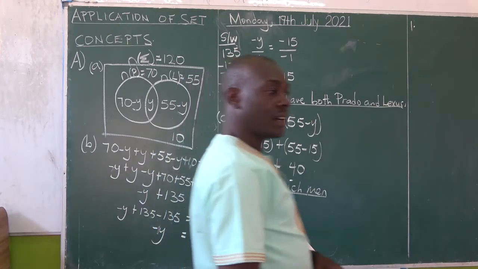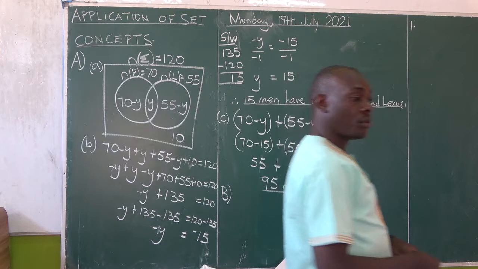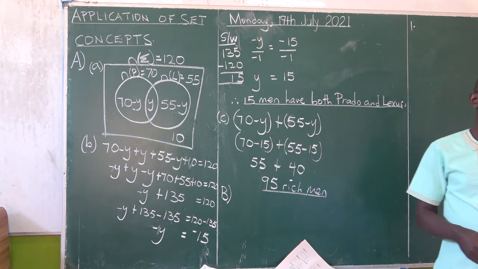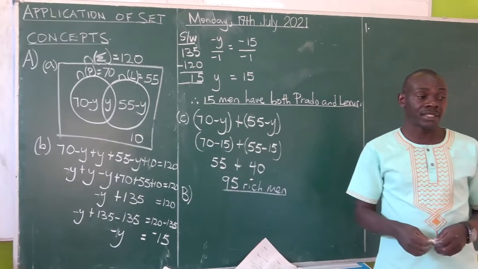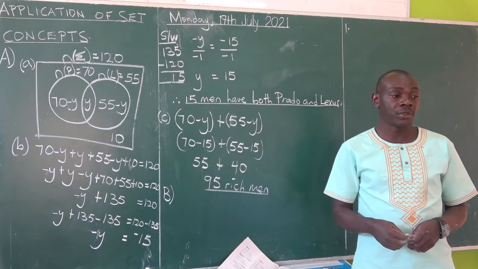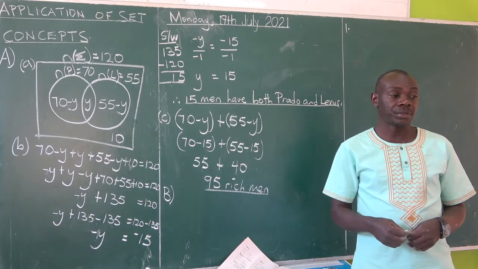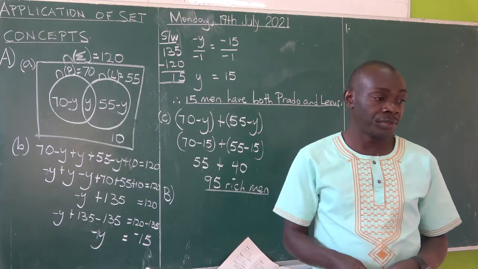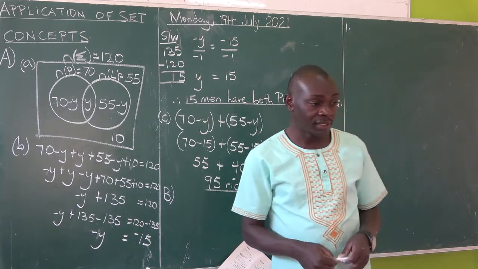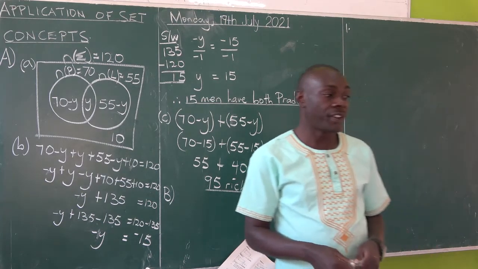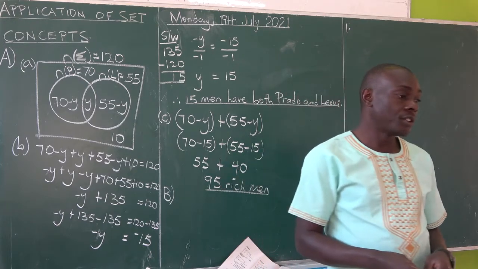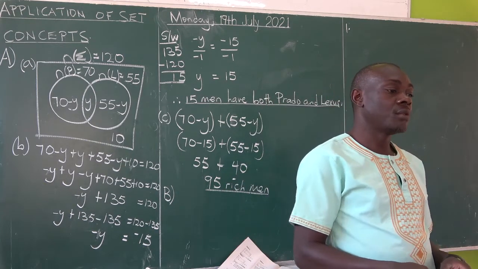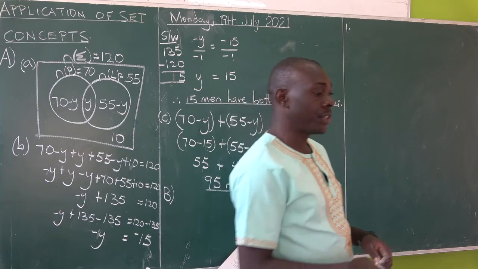Number 1 reads, at a party of 18 friends who were served with Fanta F, one must understand what 18 serves as. These are the people or the friends that were invited in total. That makes the universal. And they were served with Fanta F and Coke C. So two types of soda were actually served. 10 drank Fanta, you use F. 4 drank both, that is Fanta and Coke. X drank only Coke. And 1 did not take any of the 2 types of drinks.